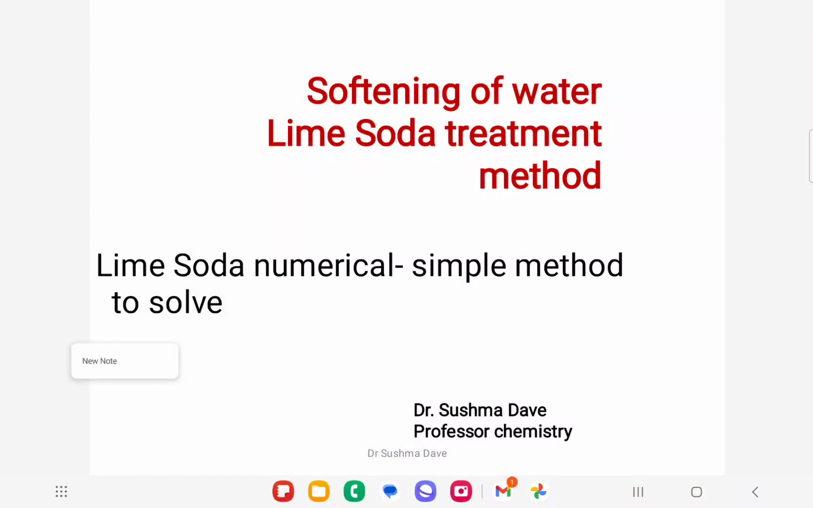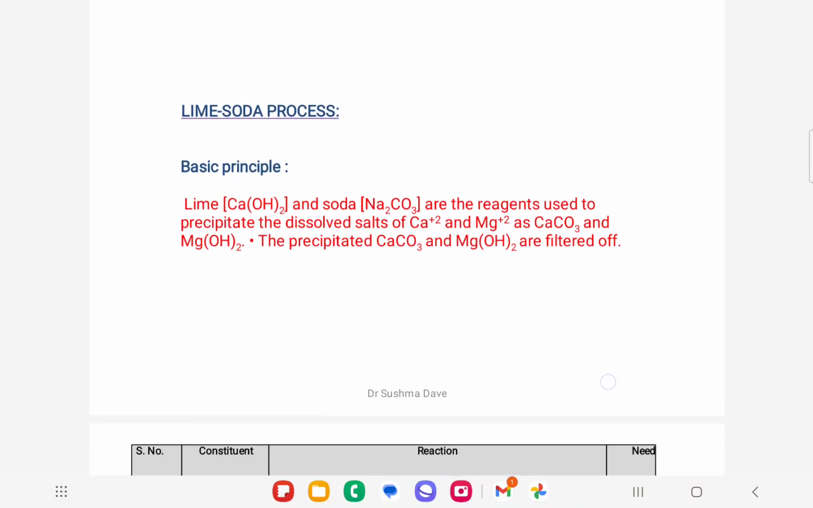Hello everyone. Today we will learn how to solve lime soda numericals using simple methods. This topic is included in softening of water using lime soda treatment. So what is the basic formula